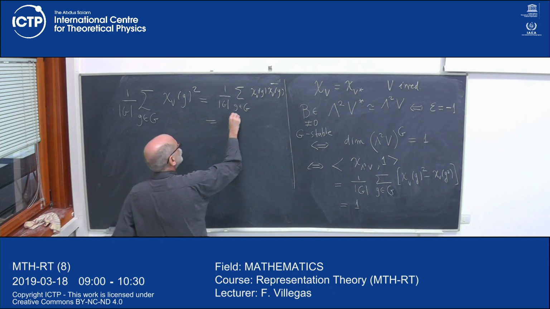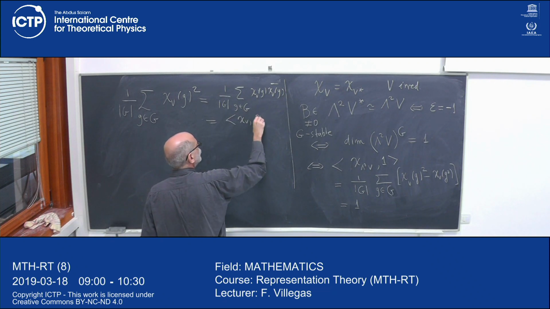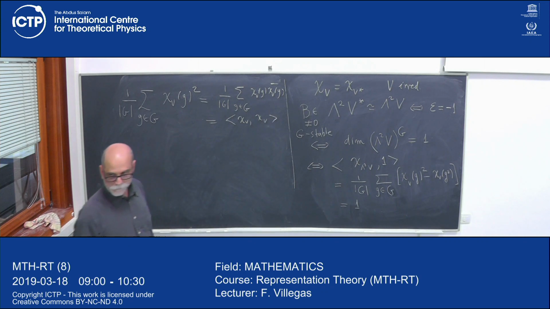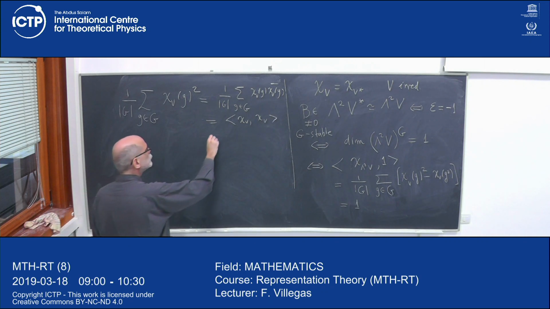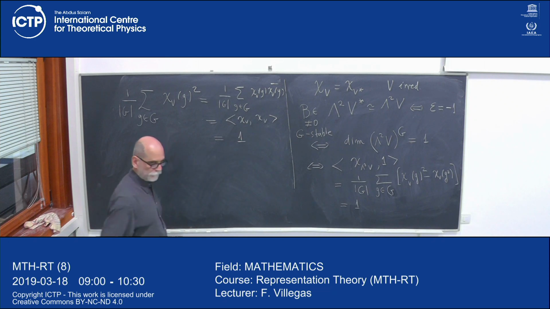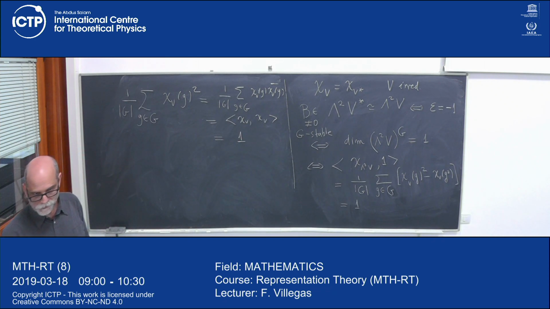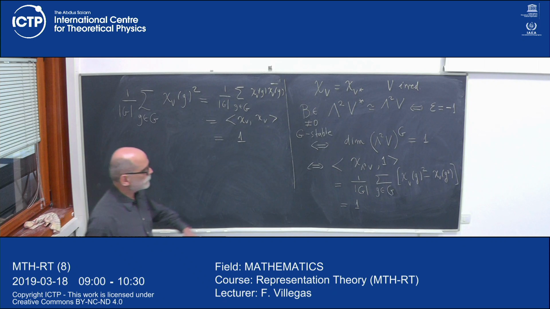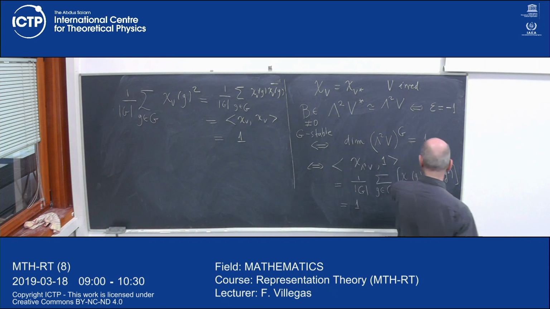And this is the inner product of V with V, which is equal to 1 because V is irreducible. So this sum decomposes into two sums, and one of the terms is equal to 1. Therefore,